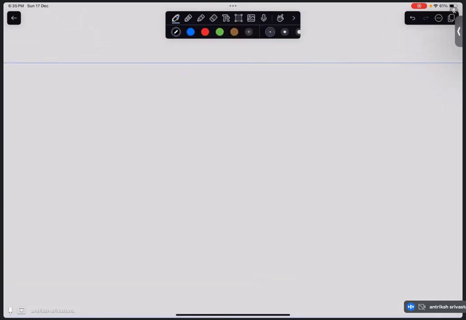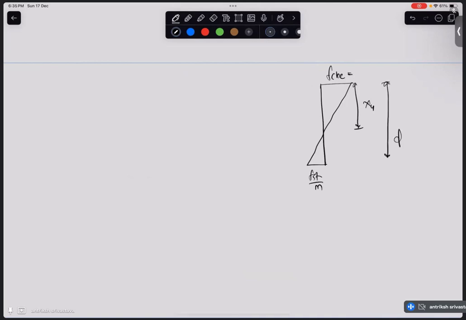We will use this concept of similarity, FCBC and FST by M. So this is a stress diagram. We are going to use that, and we will say, since it is over reinforced, that means the concrete is going to reach the permissible stress. So we will have again the same expression of similarity,